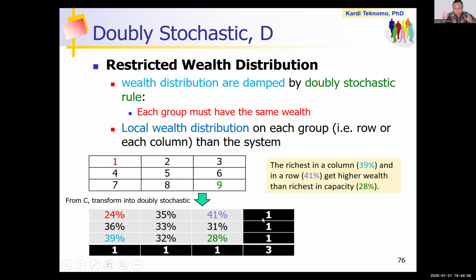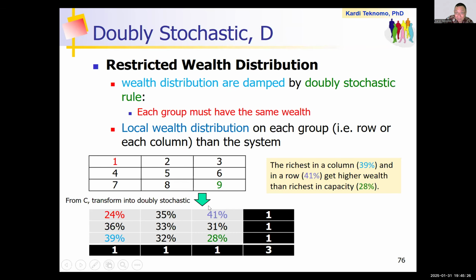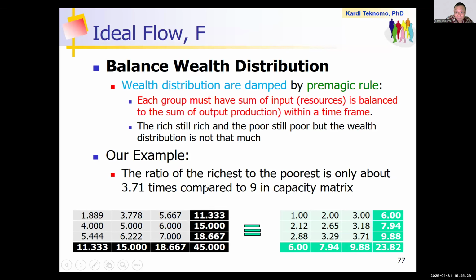Where you actually need to make everyone equal, the sum must be equal. So in this case, yes, it will bring down the wealth distribution. Instead of very rich, now it becomes only, see, from 24 to a maximum of 41. The difference is now reduced a lot. But compared to this, it is more like 9 times. So, but if we use IFN as a wealth distribution system,